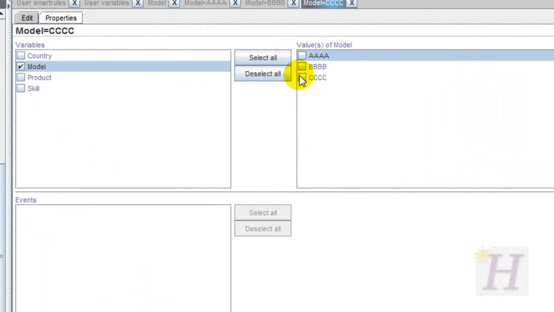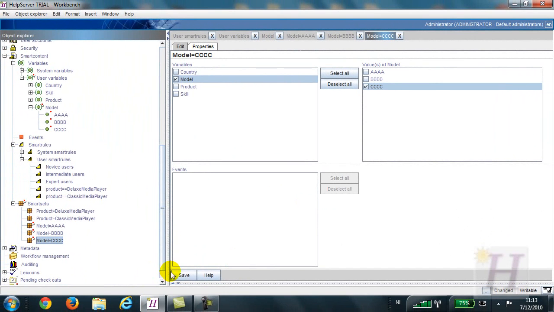Model is assigned the value C. Okay, so we covered our first 2 building blocks. We created a new user variable and we used smart sets to set the values. Okay, let's